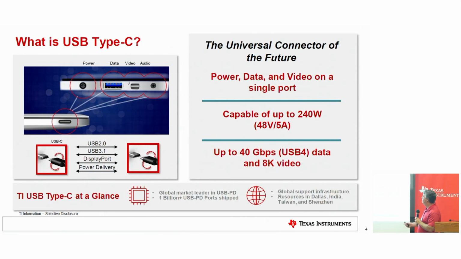And on video, the new Thunderbolt 4 can get up to a 40 gigabit per second data rate transfer. So we support setting up the channels for doing all of that. We don't handle the actual USB data going back and forth. We handle setting up all the power paths, the voltage contracts, and then setting up the data paths for the USB data.